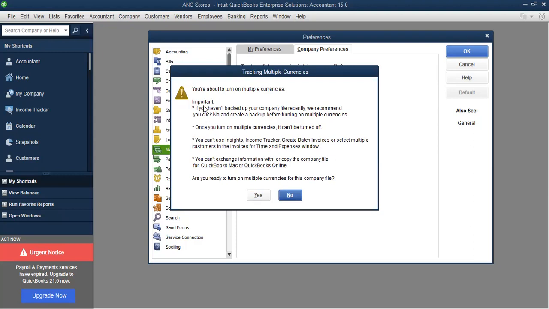Take note: once you turn on multiple currency, the system will tell you, number one, you can't reverse it. If we go back and have only our own currency, with no US dollar, then you realize you have to start a new database and import your reports from the multiple currency account into a single currency dollar. That's number one. You can't turn it off. Once you say yes, you can't go back. So once you turn on multiple currencies, it can't be turned off.